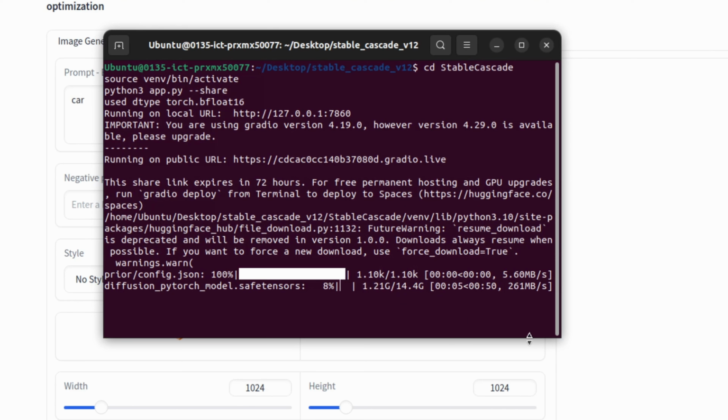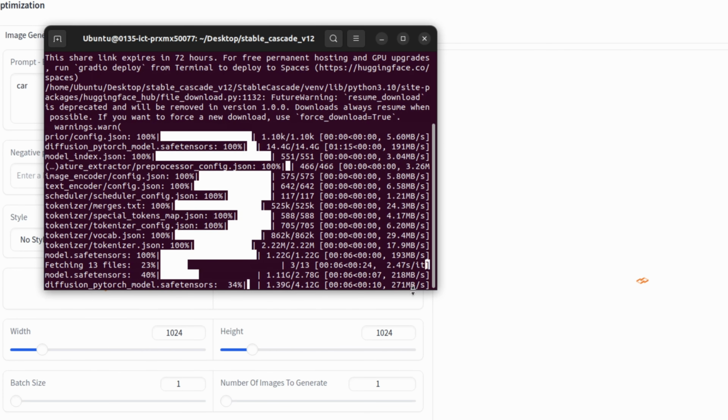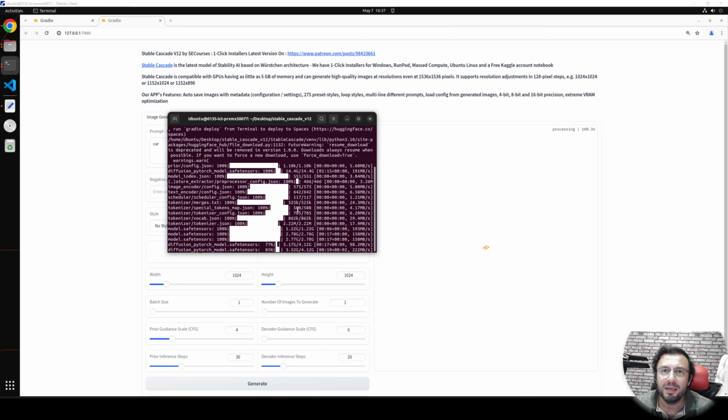You see the download speed is just amazing, 250 megabytes per second. So this is almost 2 gigabits per second. So it will not take a lot of time. You cannot get this speed on RunPod or on other platforms. This is why Massive Compute is the number one cloud service provider right now. And when it downloads multiple files, the download speed is even more amazing. It reaches 6 gigabits per second. When it is downloading multiple files at the same time, it is just mind-blowing. So this download process will take at most a few minutes on Massive Compute.